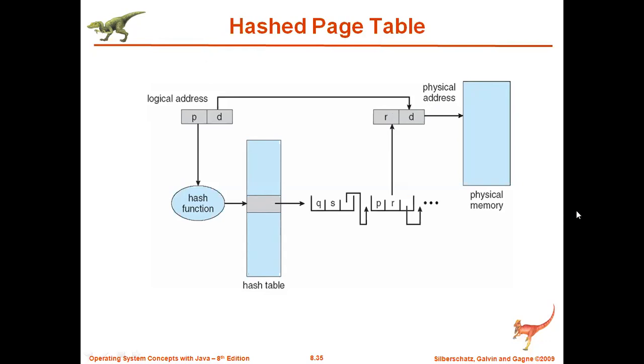There is no size limit. But the problem is, assume that you didn't get it in the first attempt, the second attempt, or the third attempt, and you got it in the 100th attempt. To access the 100th linked list value, how many accesses do you need to do? First, you go for this, then take the reference of the second one, like your linked list reference. Then third, fourth, fifth, like this, you have to keep on verifying whether it is equal to the page requested by the CPU, whether it is equal to the hash table entry. If so, then take the address of that and give it to the physical address.